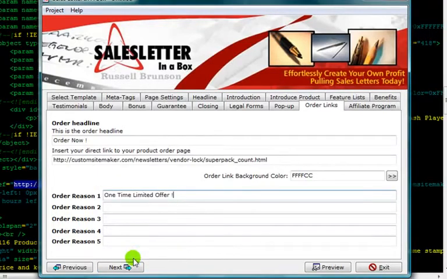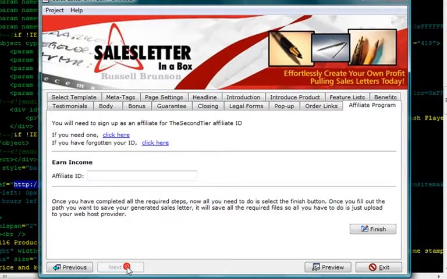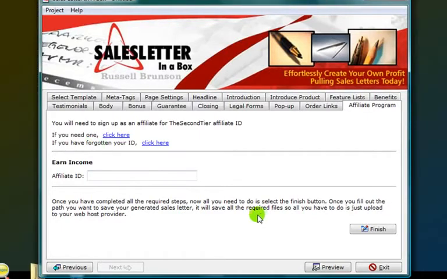Okay, now once you've done that, you can click the next button, and you'll be taken to the affiliate tab. And if you have an affiliate ID, you can go ahead and insert it in here. I'm not going to bother with that. I'm just going to go ahead and click the finish button,